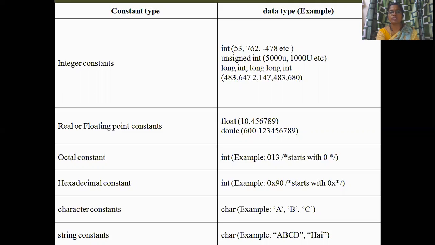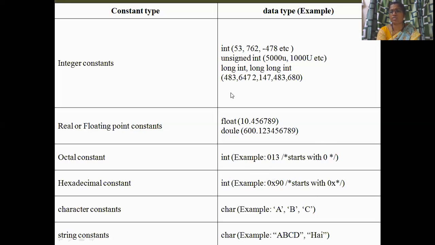Okay, so octal numbers are shown with 0. It starts with 0. And hexadecimal allows the digits from 0 to 9. After that, for 10 we use A, B, C, D, E, like that. So hexadecimal constants are shown as 0x. It can be small x or capital X. So hexadecimal constants can be shown like this.